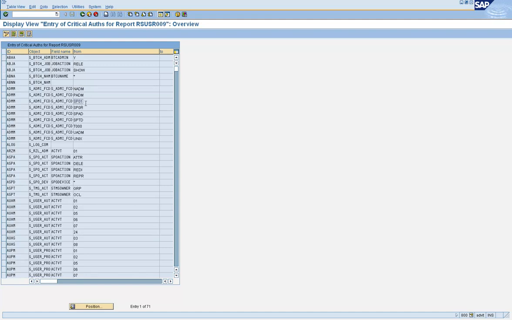Print administration, like whether you can delete somebody's print jobs, print somebody else's job, or view the data from somebody else's print job, is controlled by this value for this object. Similarly, whether you can create printers or not in the system is controlled by this value. P-admin, you can delete somebody else's process in SM50. Okay,